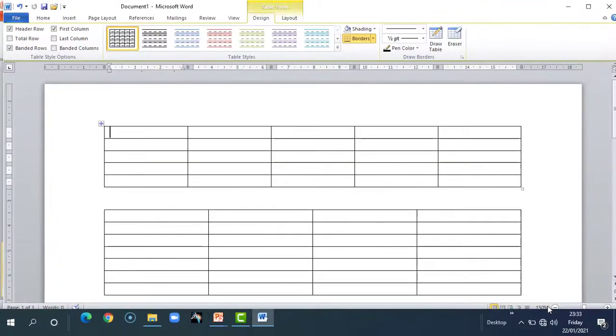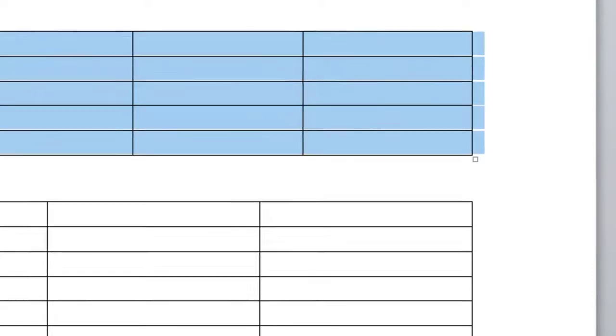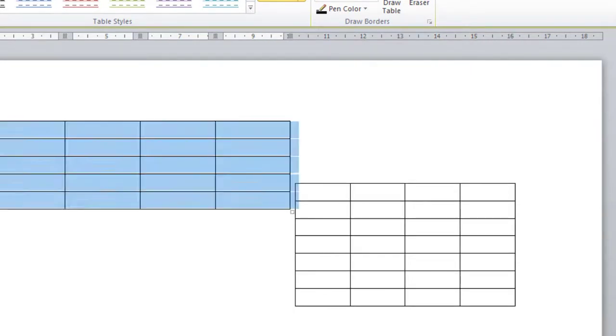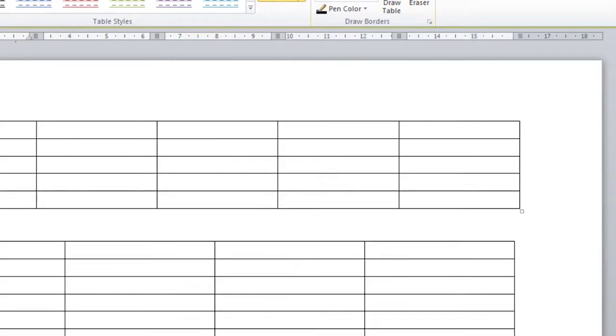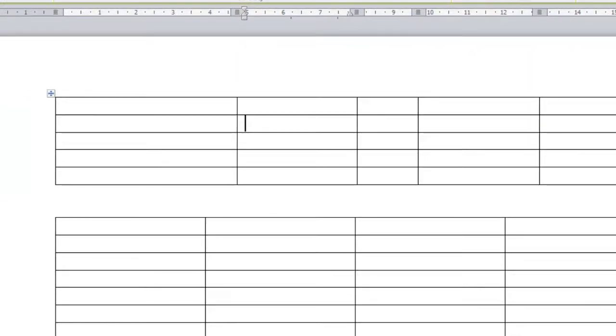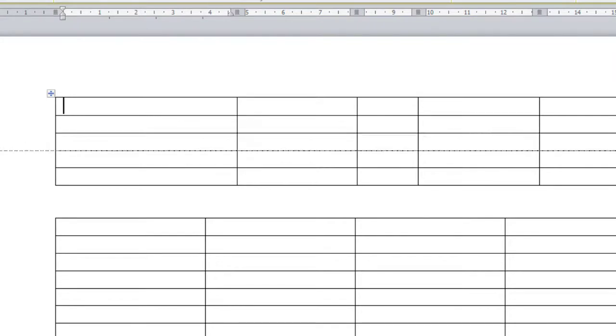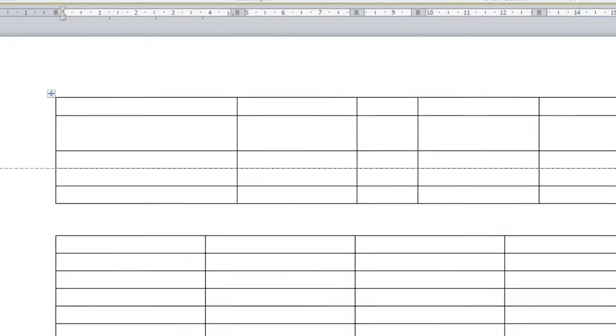You can also resize the table by clicking on the right bottom corner of this particular table. So select it and you can change the size of your table also. This is how you resize your table. You can also change your column width. You can minimize or increase the column width also. Likewise, you can increase or decrease the row height also by just selecting that particular cell.